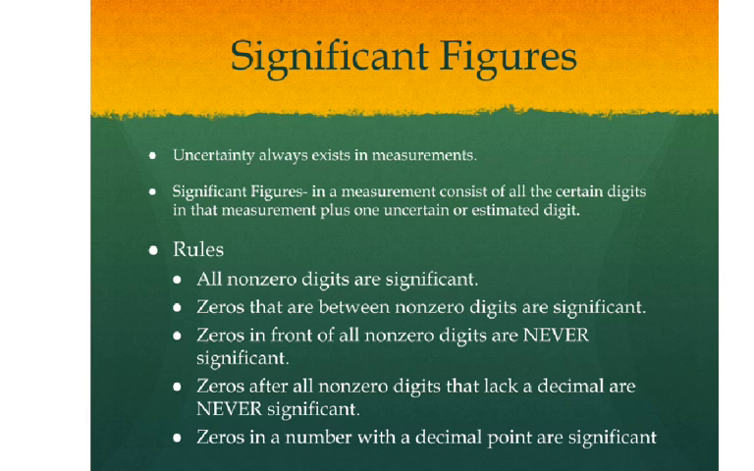They're always used to tell us the certainty of something. So significant figures in a measurement consist of all the certain digits in that measurement plus one uncertain or estimated digit. So that tells us we don't exactly know if this last digit is true. So for example, if I measure the room and I get 537.35